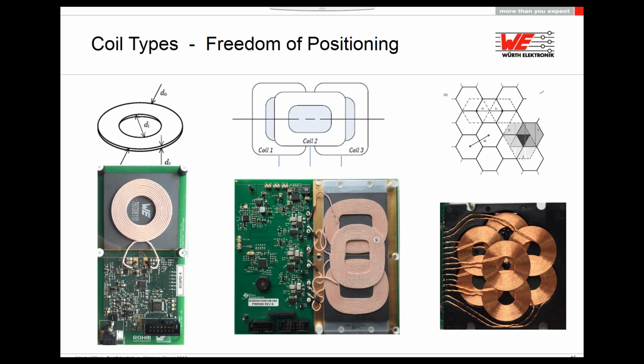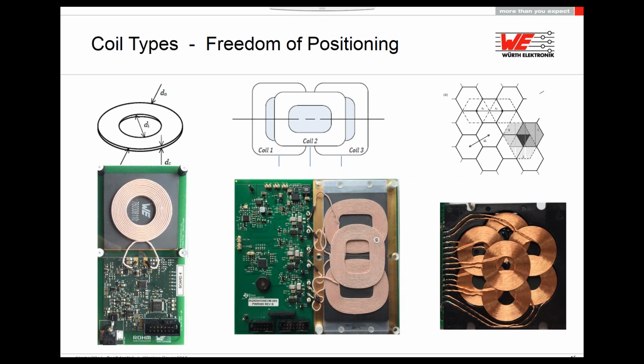In the case that we decide that our receiving device will be fixed in one position, then a single transmitter coil would be the most appropriate and the cheapest